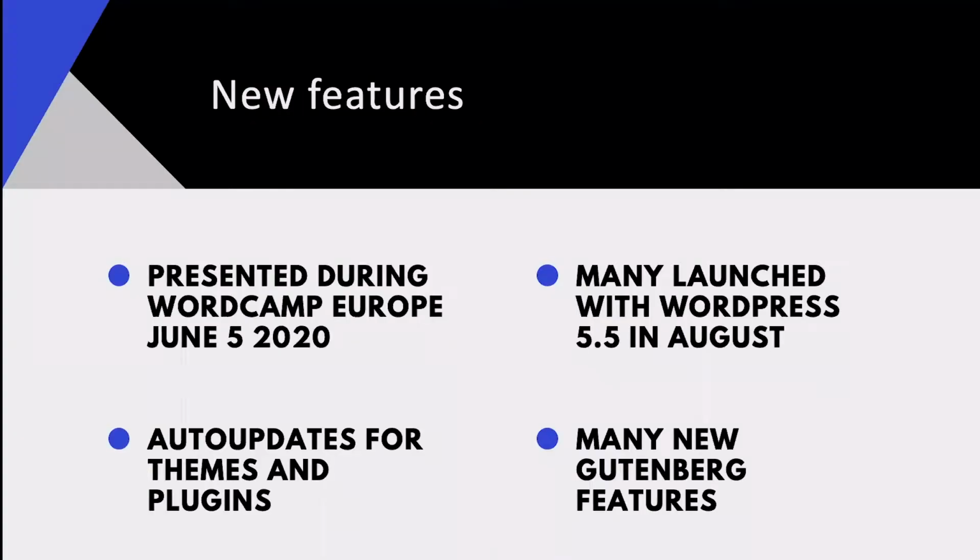So to the new features. In WordPress 5.5, you can turn on auto updates for themes and plugins, which is a really useful feature. I see it myself because I had to do everything manually. But something you need to be very aware of is that it might be a little bit unstable if you keep updating everything